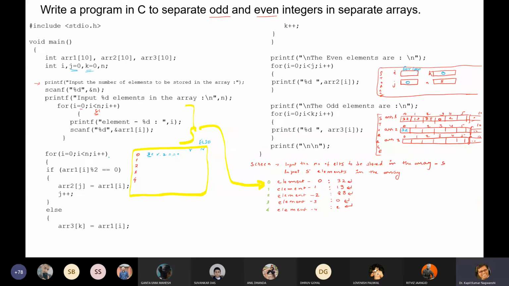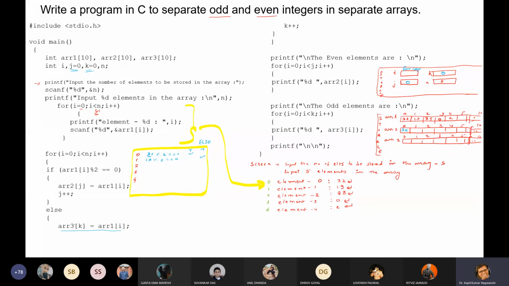In the next for loop of 1, it is checking the value of array 1, 19. So 19 mod 2 equals to 0? No. So this is false, so it goes here. And in this false branch, what happened?